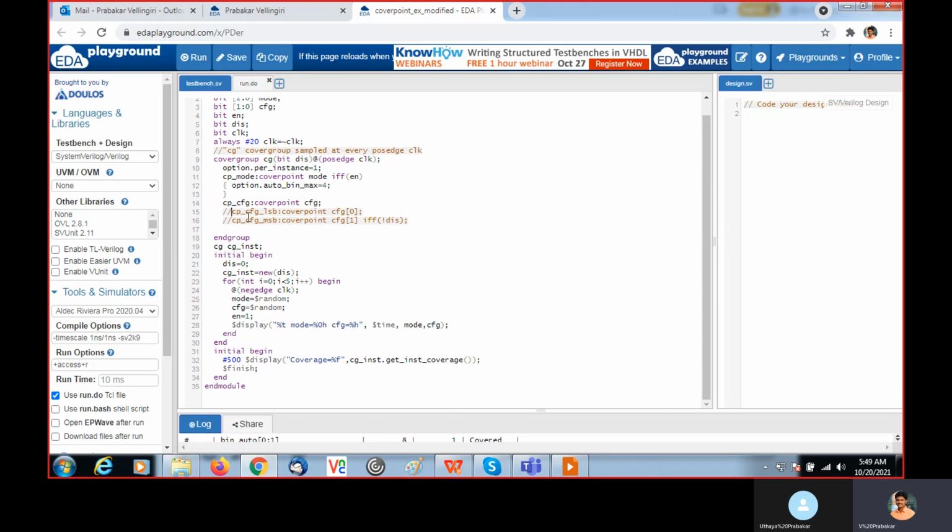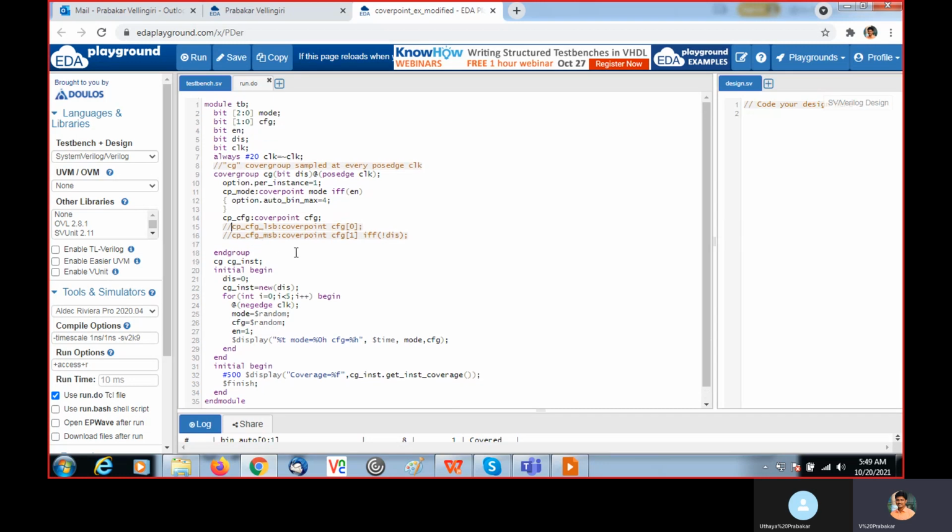Now we can also mention a cover point for specific bits. Like here, for CFG, instead of that we want to check the LSB of CFG. So I can write a separate cover point like this, CP_CFG_LSB, which is the label I am giving.